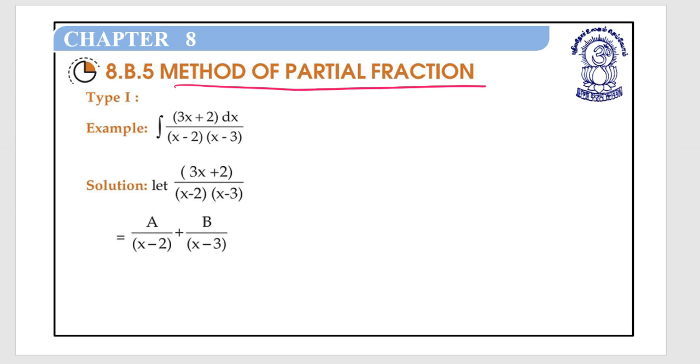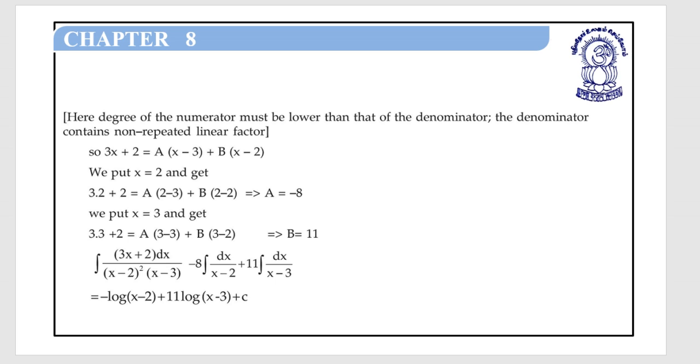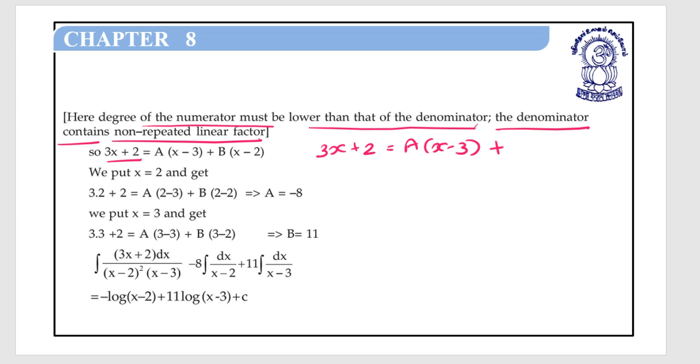Method of partial fraction, type 1. Integration of (3x plus 2) dx upon (x minus 2)(x minus 3). Here take A upon x minus 2 plus B upon x minus 3. Here the degree of the numerator must be lower than that of the denominator. The denominator contains non-repeated linear factors. So 3x plus 2 is equal to